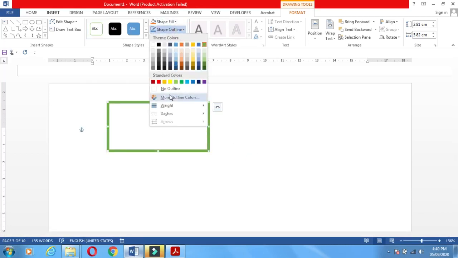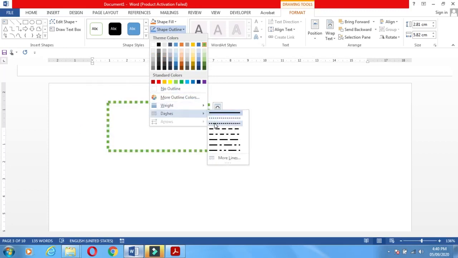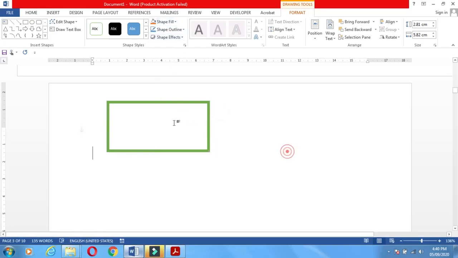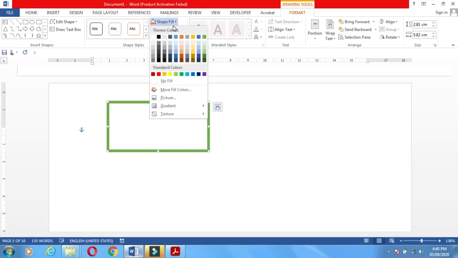If you want to use the dash line, you can utilize the dash line or many other lines. If you want to fill the box, you fill the shape with a different color. So in this way you can format the shape or insert the shape.